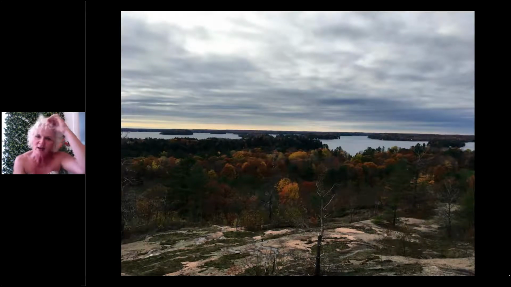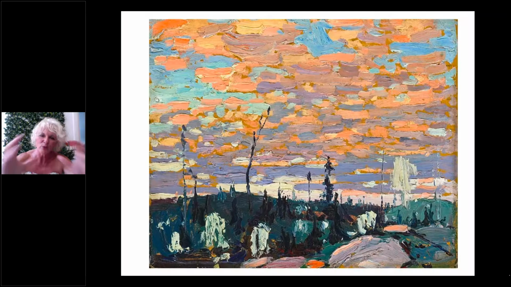This is a picture I took when I was in this area, and I wanted you to see what the sky could actually look like, the breadth of it, the layers of color, because I think it really helps to understand what his paintings were trying to point us towards, getting us to look at and look at carefully, first in his painting, and then, like I said, if we're lucky enough to have a chance to go to these places, gives us some cues and clues to better appreciate it when we're there and when we're in person.